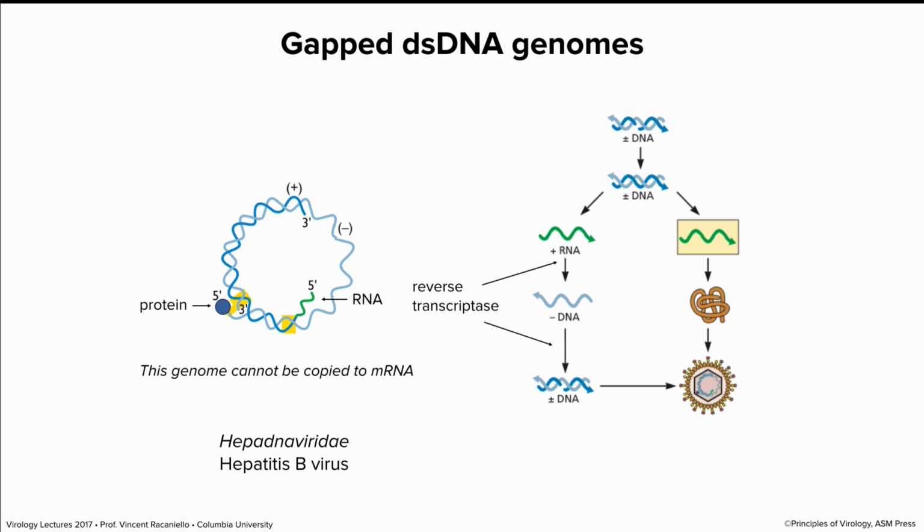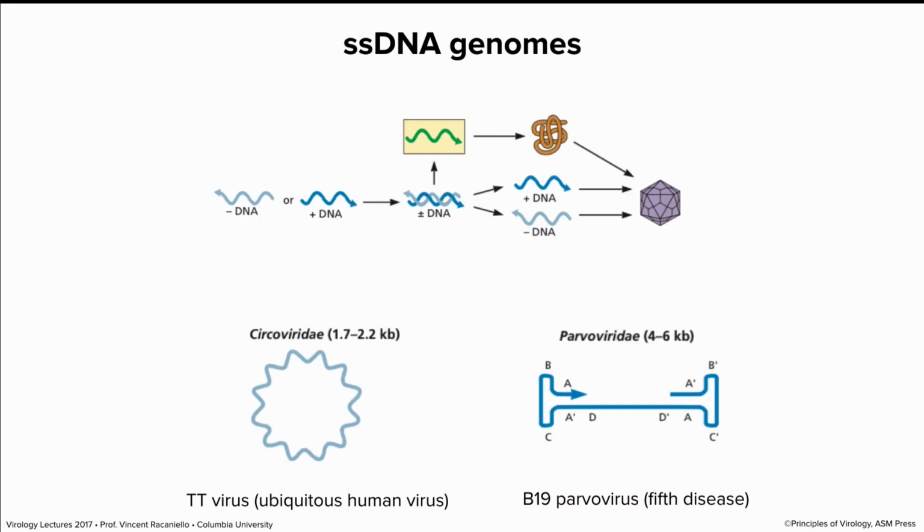It had always been thought that the flow of genetic information in life was DNA to RNA to protein. When this enzyme was discovered, it suggested that information could go from RNA to DNA, and that's why it was called reverse transcriptase. So hepadnaviruses take some of their messenger RNAs and make a double-stranded DNA from them, and that is what's packaged into the virus particle, actually double-stranded DNA. And why it's gapped and so forth, we'll learn about when we talk about the specific replication.